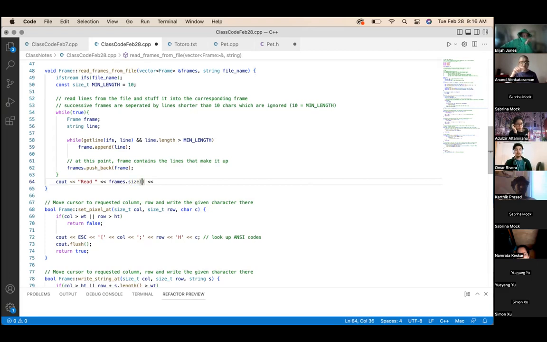After that, after the left shift, open double quote again, space,